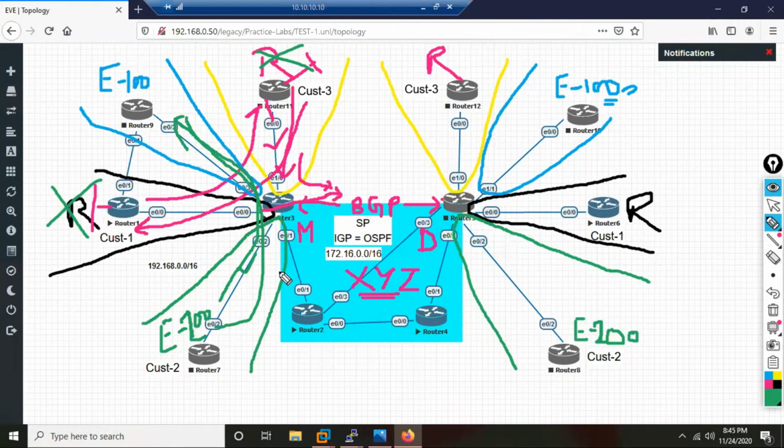A router can exchange the routes from one process into another process when we configure redistribution, right? Before redistribution, the router will never mix the routes of one process with another process, correct? It stores every process's routes separately.